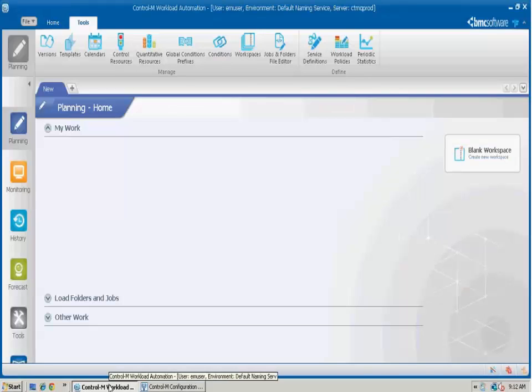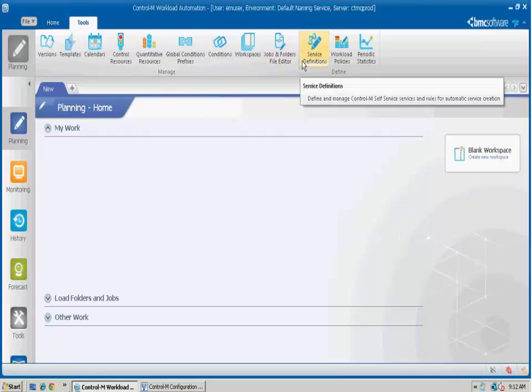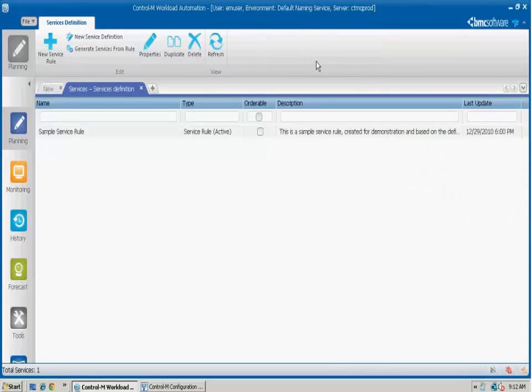So we need to go to our Workload Automation client and go into the Planning domain. In the Planning domain, we go to Tools and we can see the Service Definitions utility. We click it. There is a sample service rule that is delivered with the product, but we're not going to use it. We're going to start by creating a service definition that will define a